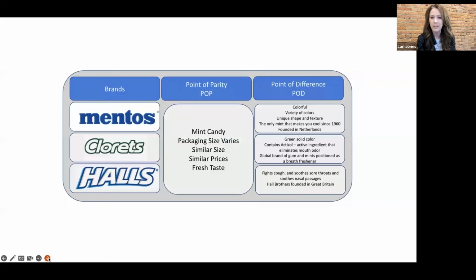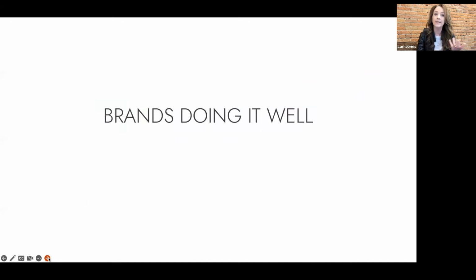It doesn't do it any better than anyone else, by the way, but they hung their hat on that for differentiation to create more importance around their brand. And then of course, Halls fights the cough, it soothes the throat, so on and so forth. So you can see how ultimately these brands have been able to differentiate themselves with ease with some very, very simple approaches. So let's take a look at some other brands that are doing this really well in the marketplace